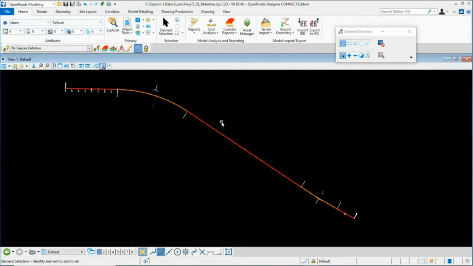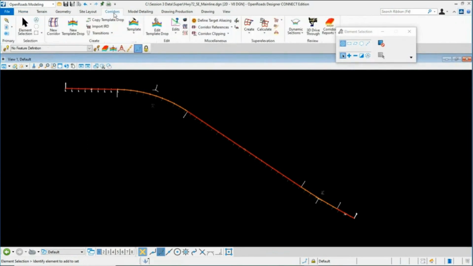Okay. So now the next thing to do is we need to define the limits of our super elevation. And to define the limits along the alignment here, we have to create what we call a super elevation section. To create the super elevation section, we want to go to the Corridors tab. You'll notice we have a set of super elevation tools over here, and we want to create a super elevation section along the length of our alignment here. So I'm going to select Create Super Elevation Sections,